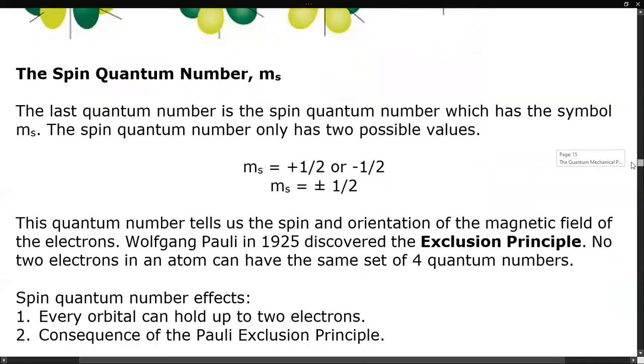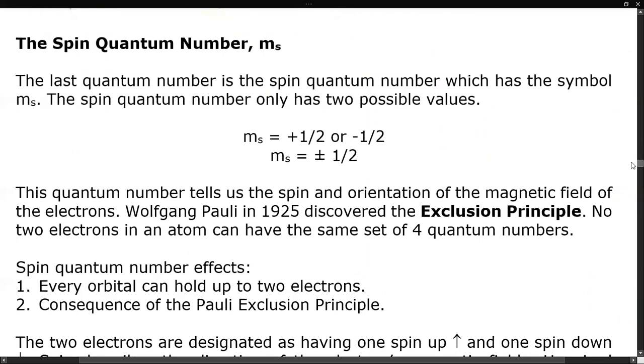The magnetic spin quantum number tells us the magnetic spin. That is, if I've got 2 electrons in the same orbital, they have to have opposing spin. So m sub s can be plus 1/2 or minus 1/2. Wolfgang Pauli, 1925, came up with the exclusion principle, which essentially stated that in an atom, no electron could have the exact same 4 quantum numbers. Since we're talking about a probability function, the numbers would be the same. You'd have 2 objects occupying the same space under the same conditions, which would mean they're the same electron. But opposing the spin allows 2 electrons to occupy 1 orbital at one time.